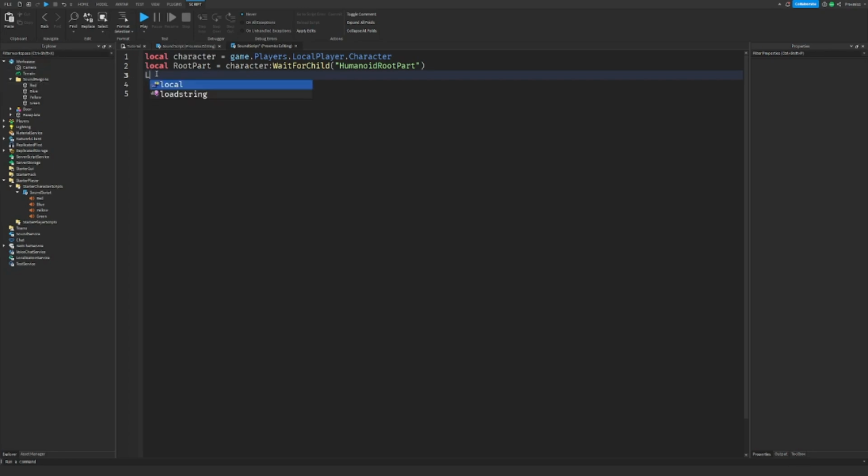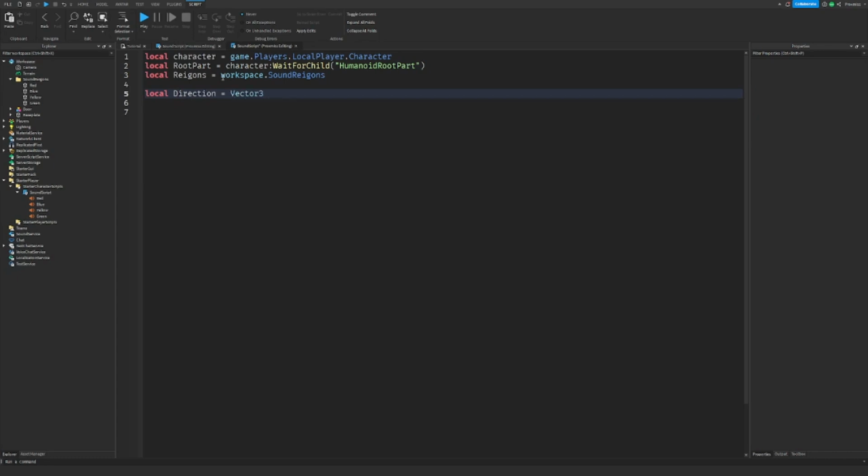So we'll do local regions is equal to workspace.SoundRegions, and then we're going to want to get a direction for our raycast,